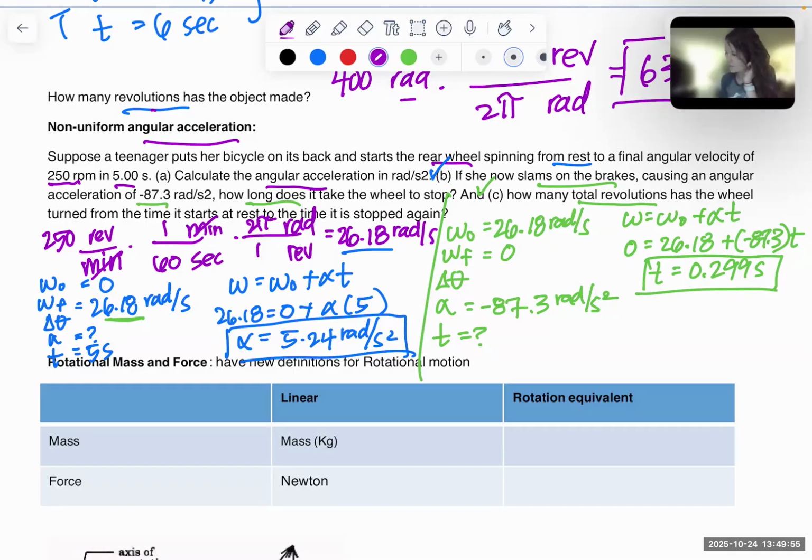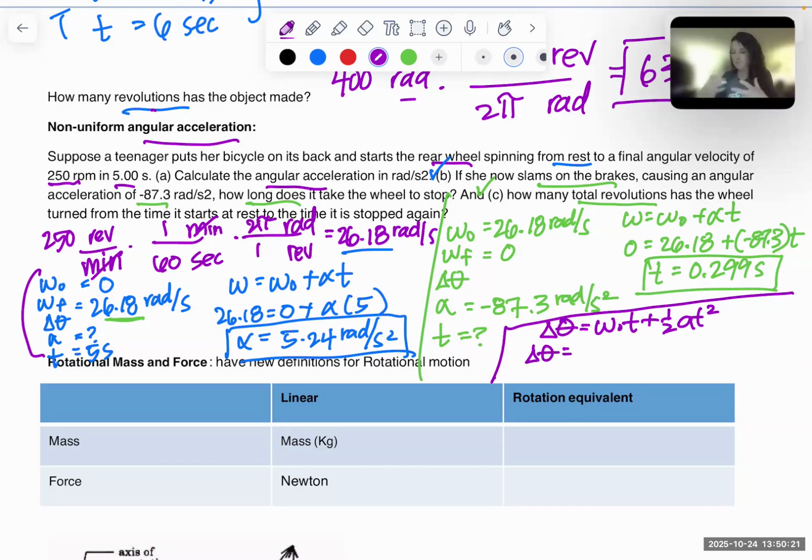revolutions. And so the equation that I'm going to use for both of those, I'm not going to work out all the math for you, but I will show you the answers. So for both equations, I'm going to use delta theta equals omega naught t plus 1/2 a t squared. And for the first part, I'm going to plug in all of these blue variables over here, and I'm going to find out that my delta theta for that first part, when she spins it up and it gets to the high speed, is going to be